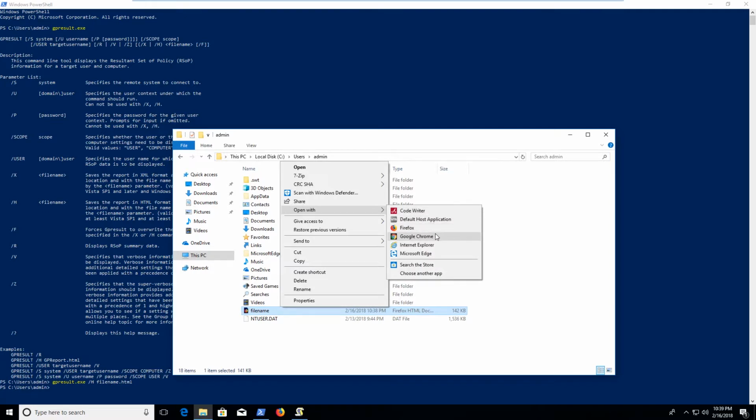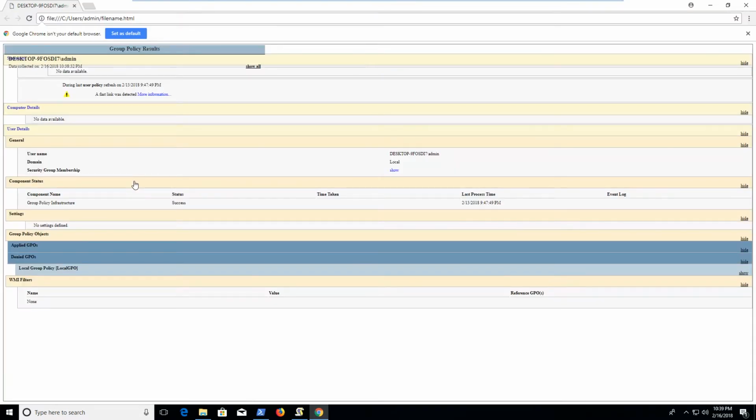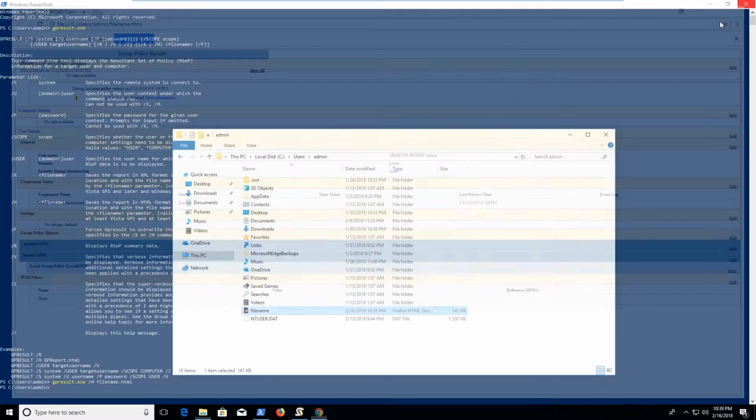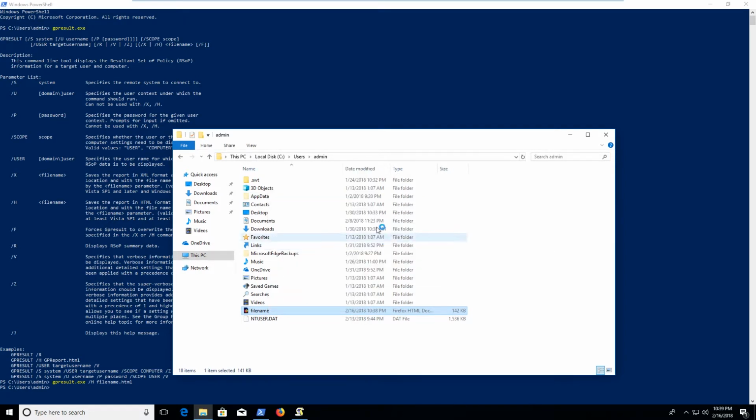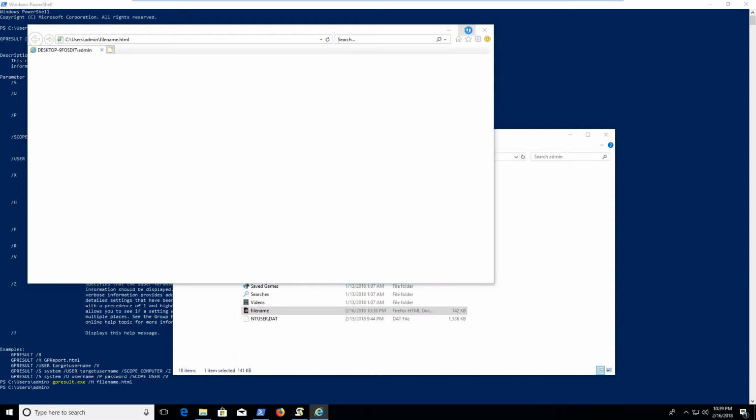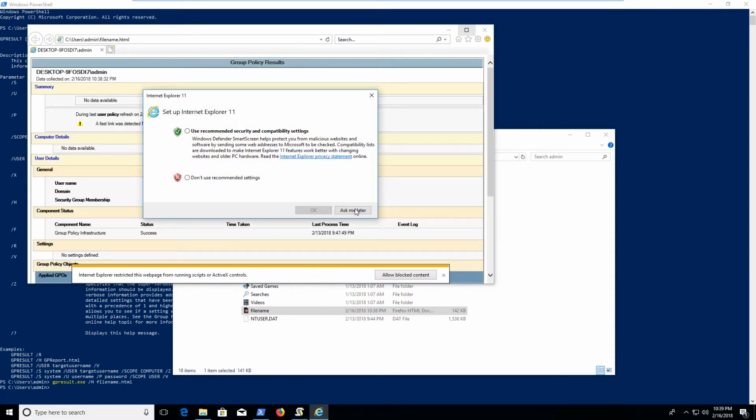Open with is always good. Let's try Chrome. Generally, this probably works best in Internet Explorer. It's also glitching in there. I guess we can go try Internet Explorer. Nobody really likes Internet Explorer, though. But I will say that